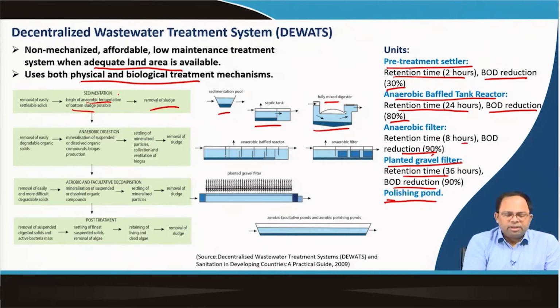Then in the next stage we have anaerobic digestion over here. So, we have an anaerobic baffled filter. As we discussed last time, there is a settling tank, the water goes down, then gradually there could be an upflow filter, goes via the media, and it could also be without media. This is with media and this is without media. Gradually we can treat the effluent from this particular septic tank.